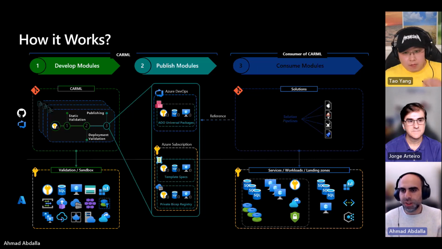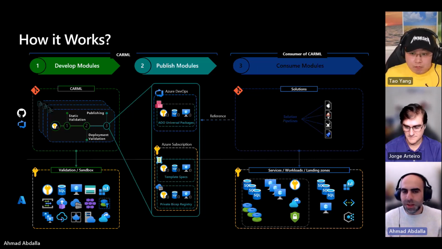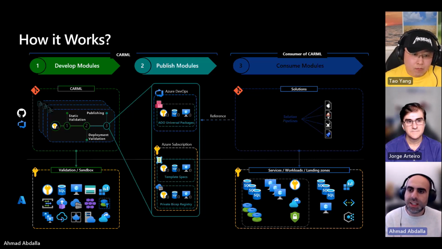I took a couple of Lego blocks from CARML, put them inside my library, and then started writing my main Bicep. And I had an end-to-end solution architecture that's just all deployed through CARML. So I think that's the value I see versus just the modules itself: how fast can you actually get something up and running, deployed production grade, and tested and validated